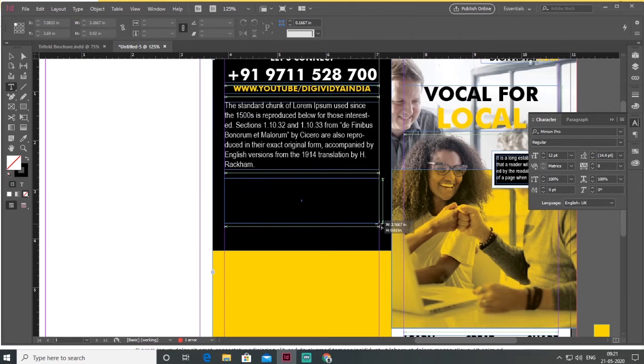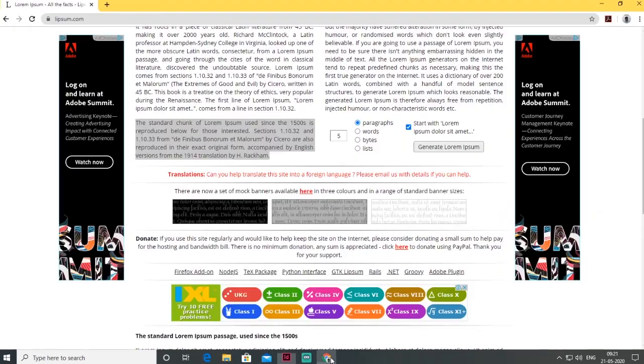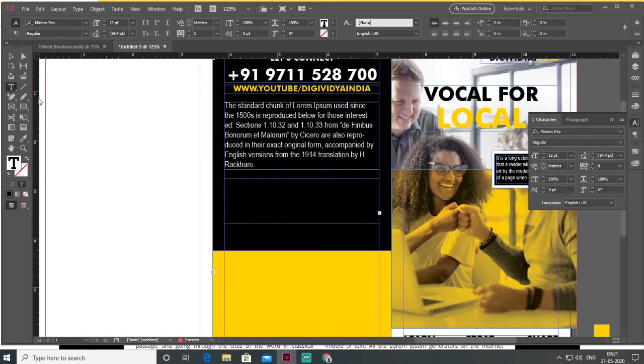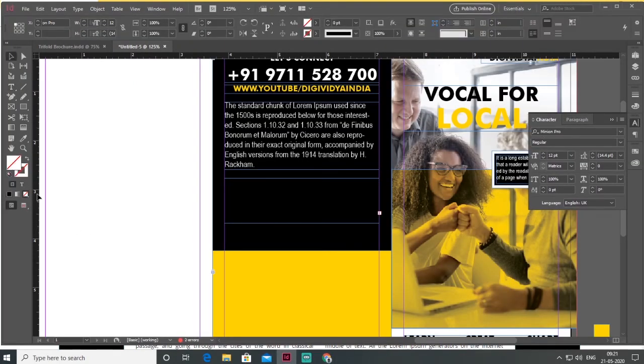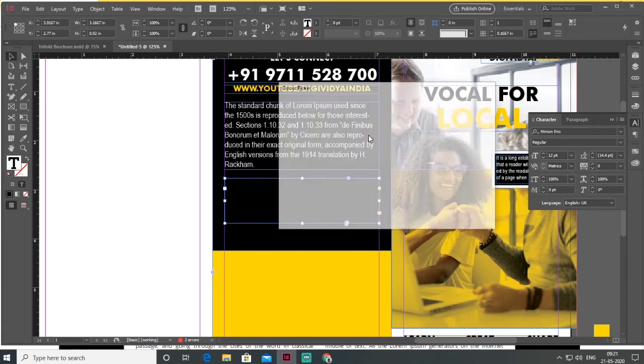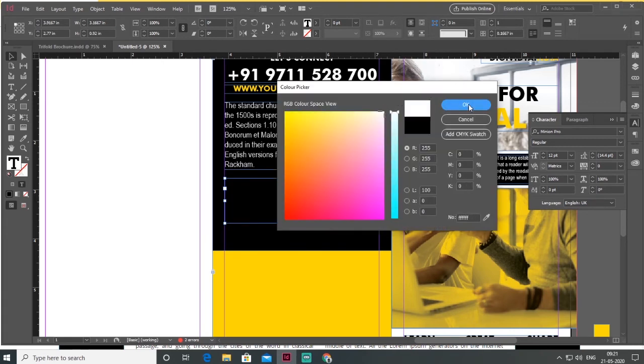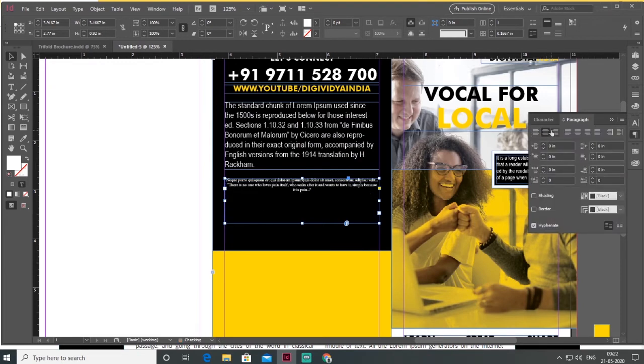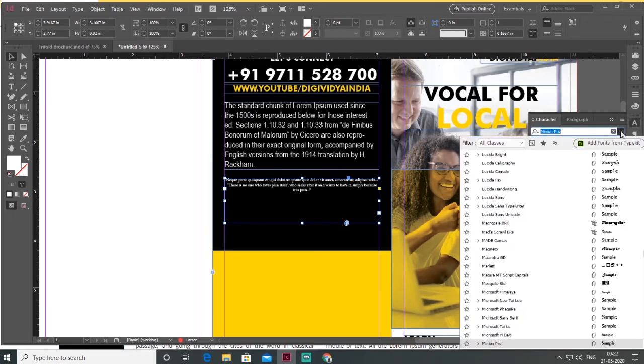And here I make another text box and go to lower ellipsum and press Ctrl V and select the text box and change the text color into white and font size small, paragraph center and font face Arial.